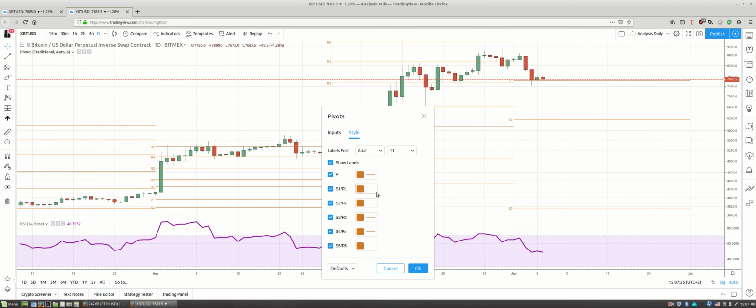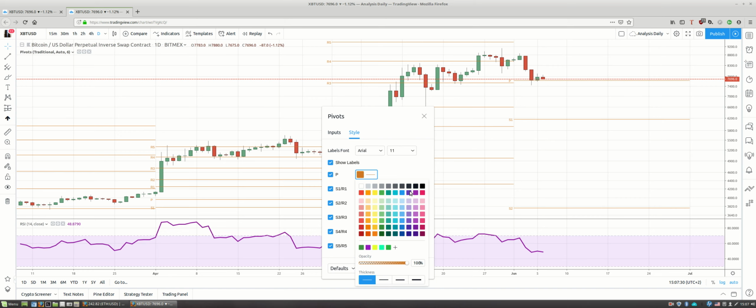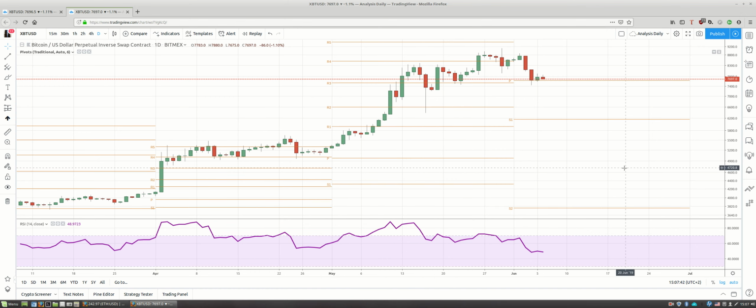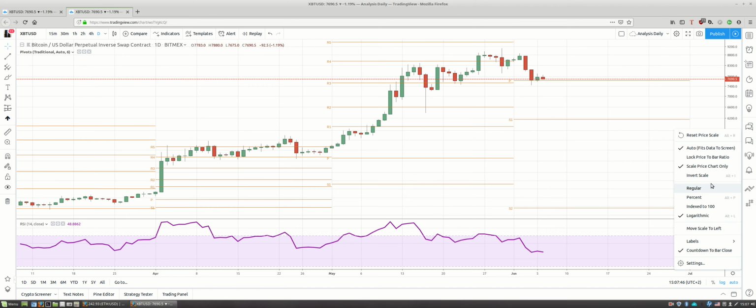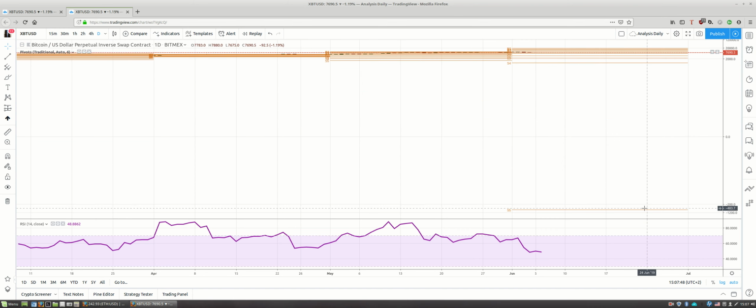And when it comes to the style, if you want a different color, the thickness of the line, the opacity, it's all here, up to you. So that's the pivots. Sometimes when you add pivots, you will get something like this first, which is